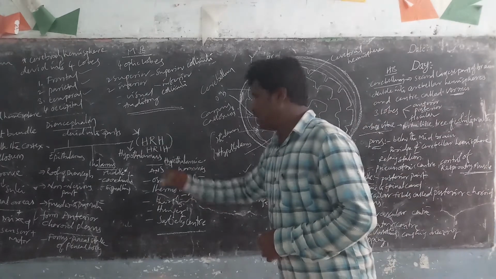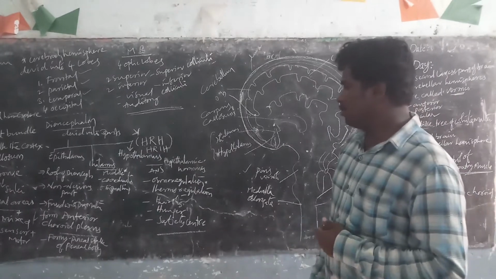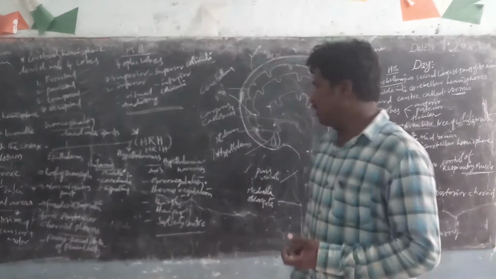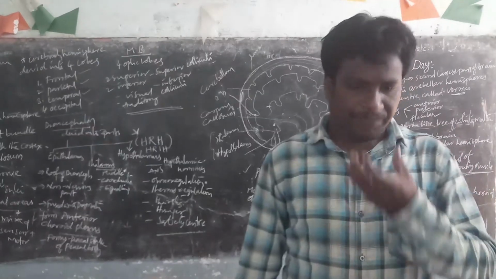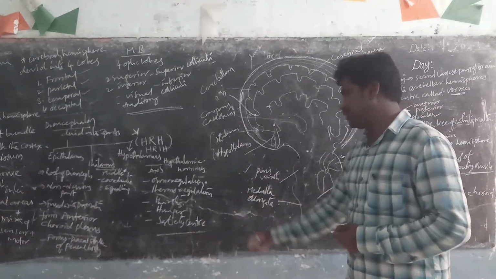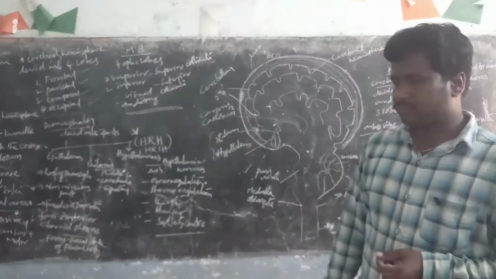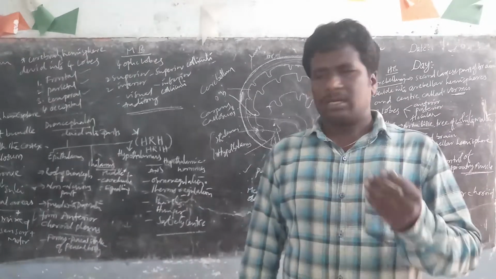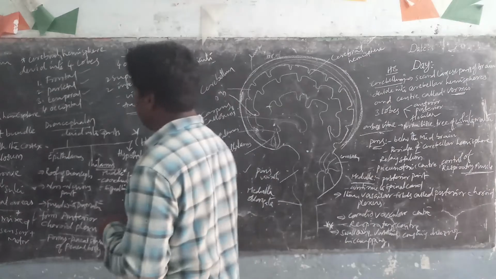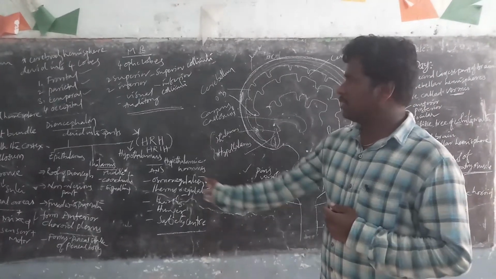These control the autonomous nervous system. They are useful for osmoregulation and thermoregulation, then thirst, hunger, and satiety centers. Here the satiety center is nothing but the satisfaction center, present in the hypothalamus. Okay, these three are present in the forebrain. Forebrain having these three.